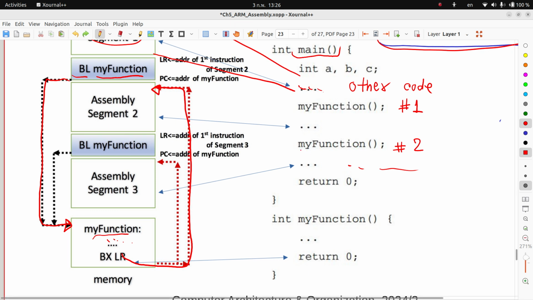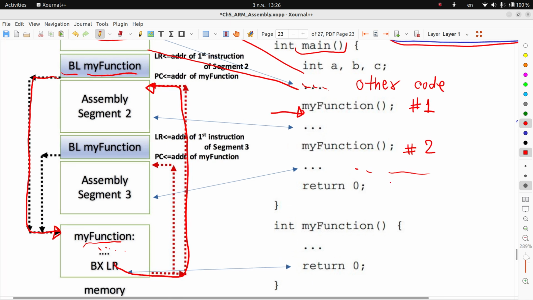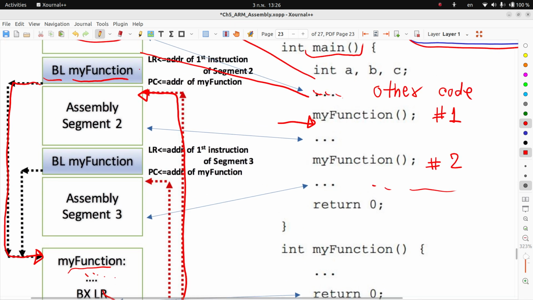Return somewhere here. This is my function number 1. So return to somewhere here and execute segment number 2, and then BL my function again